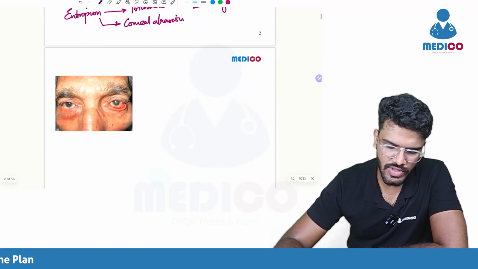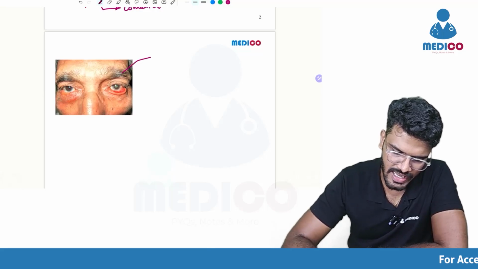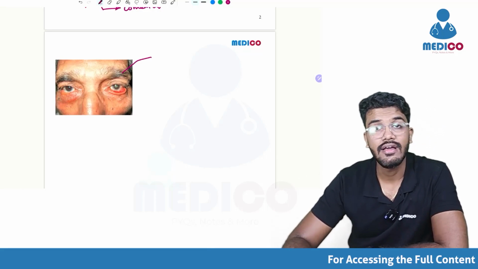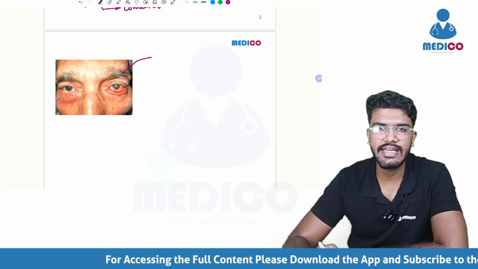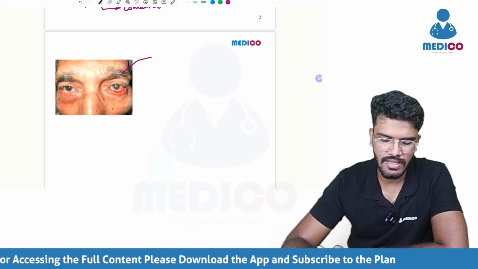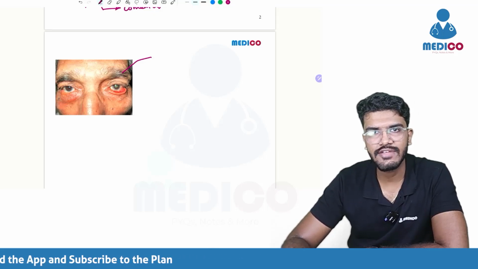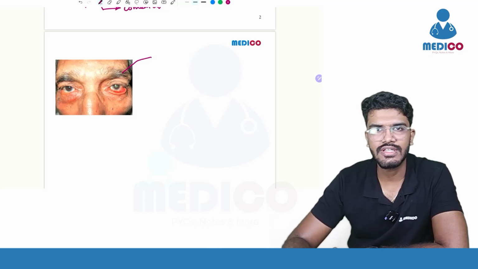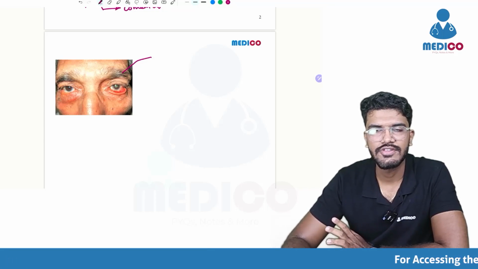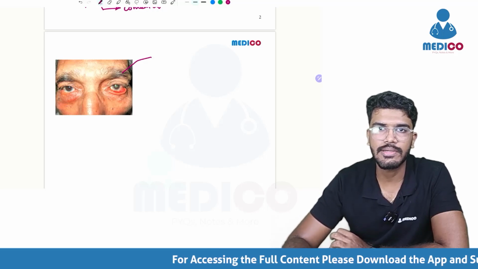So now let's move on to the next picture. Can you see this? This is from the graying of the eyebrows and everything. As far as an image goes, you should pick up clues from every small detail in it. Now this may look very simple, but sometimes you need to justify, because at the time of the exam you don't have anybody to support your guessing of the answer. So you need to pick up more and more clues from each and every image in order to support your